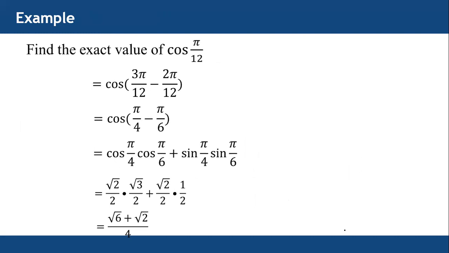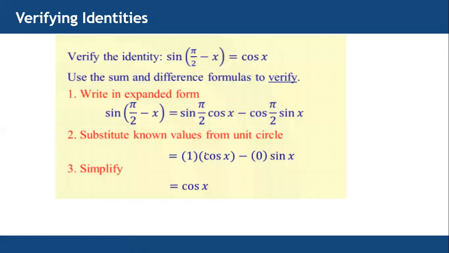Okay, how to find the exact value of cosine π/12? How can you write it in the form of cosine alpha minus beta? We have cosine alpha minus beta, so cosine alpha cosine beta plus sine alpha sine beta. Correct? So cosine, then plus sine, then sine. Find the values for π/4, π/6, π/4. Okay,